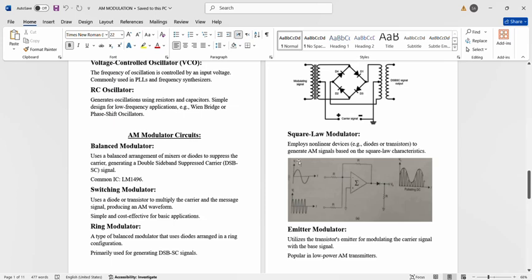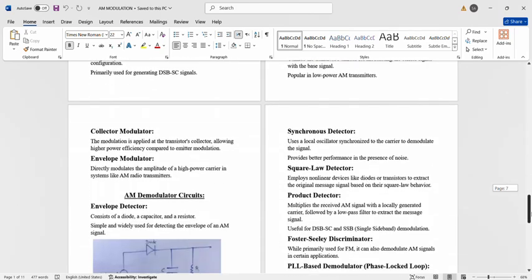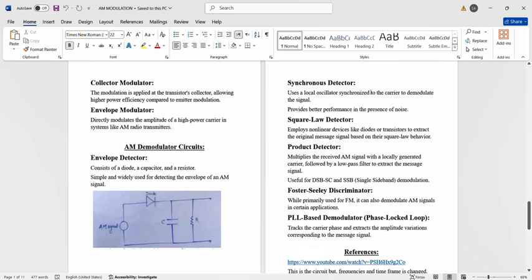The ring modulator in practice looks like this. The square modulator in practice looks like this. It is made with the help of an op amp. So these are such modulators. And after that, in the demodulation block, we have circuits like the envelope detector, square detector, product detector, and synchronous detector. I have just attached one photo of the envelope detector. The envelope detector looks like